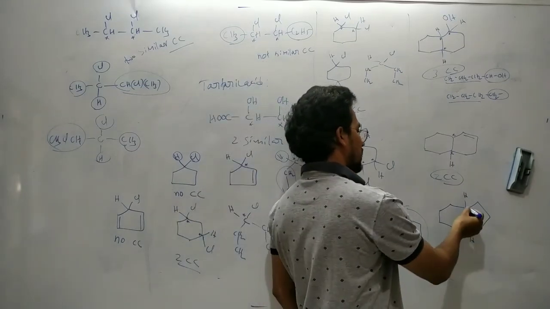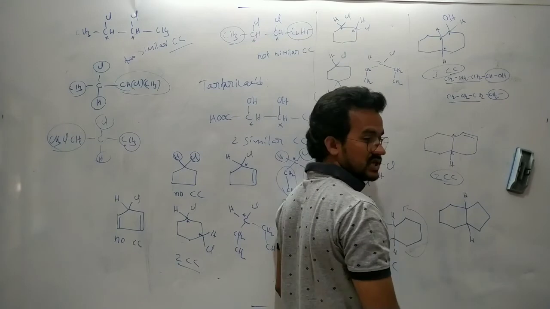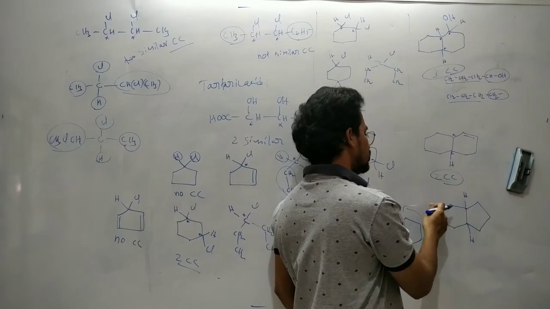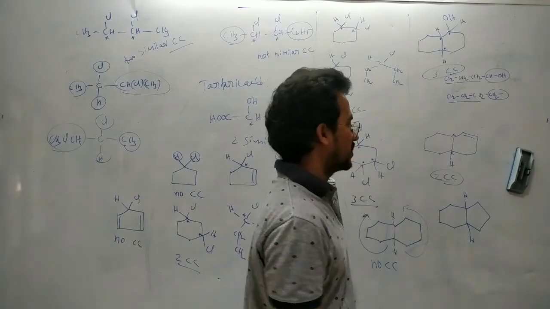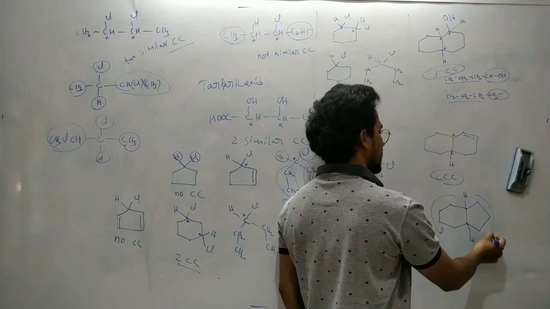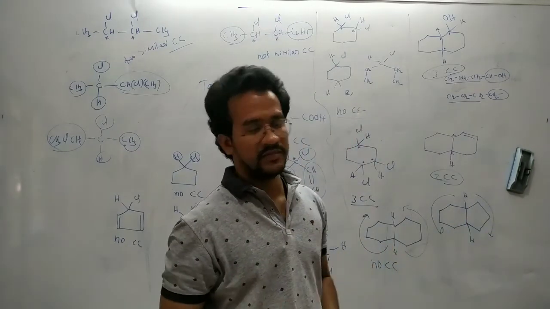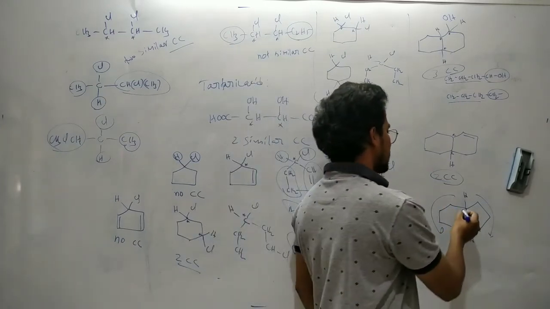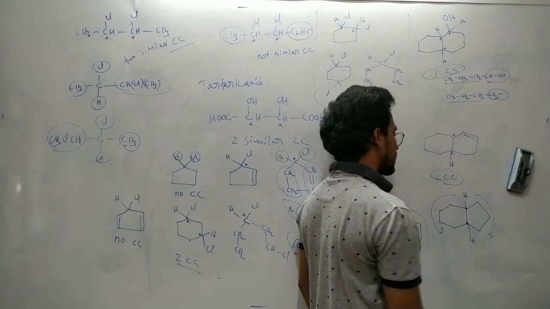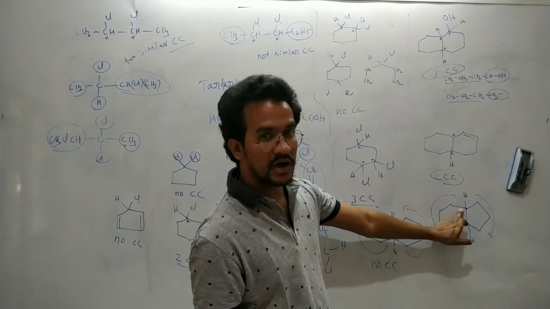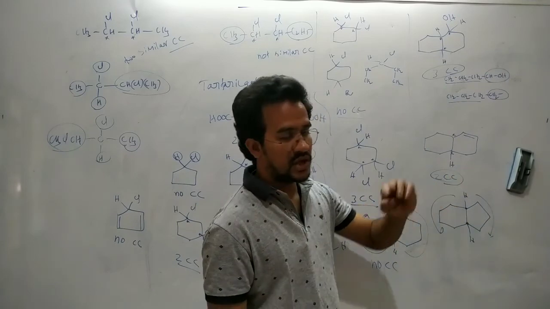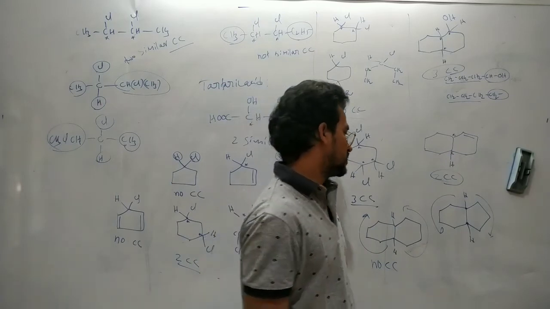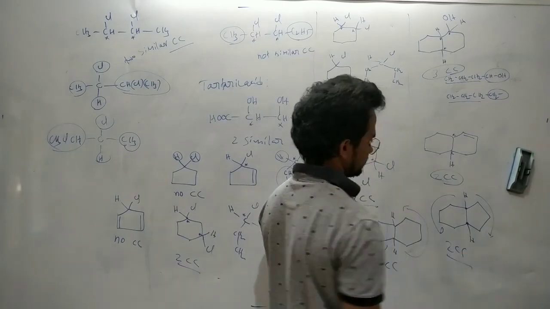Here on this carbon, how many CH2 units? CH2, CH2, CH2. 3 CH2 units. Here 1, 2, 3, 4. 4 CH2 units. This side 4 CH2 and this side 3 CH2. It means they are different. It is like a propyl and like a butyl. So it is a chiral carbon, and similarly this one is also a chiral carbon because of the hydrogen and this tertiary carbon, a CH2 CH2 CH2, 3, and a CH2 CH2 CH2 CH2, 4. So different. This one has 2 chiral carbons.